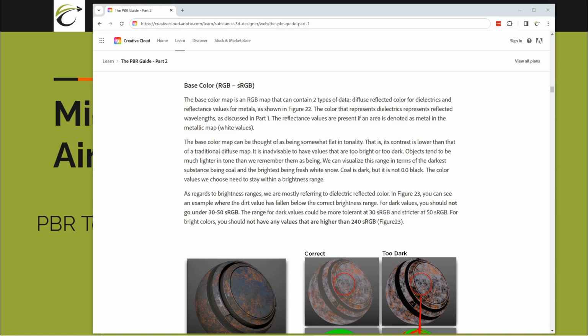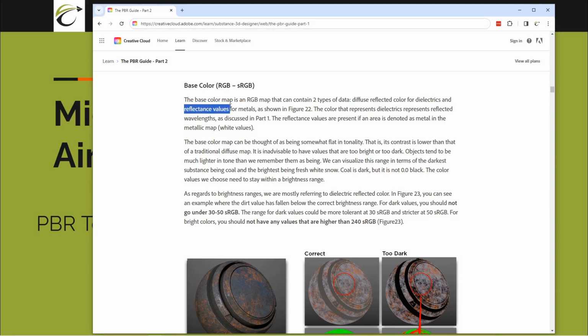Depending on what you're looking at, if you're looking at a dielectric, then the numbers in the channels represent the diffuse reflected color. And if you're looking at a metallic surface, that channel number refers to the reflectance values